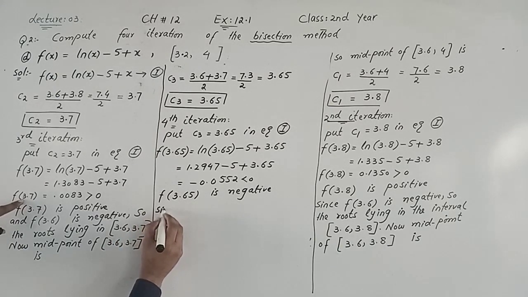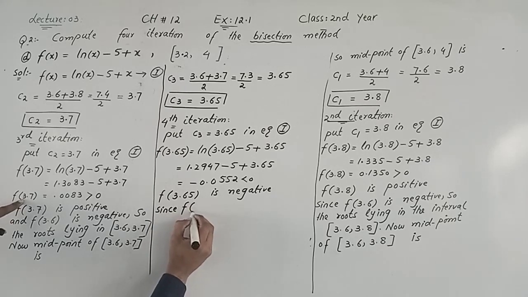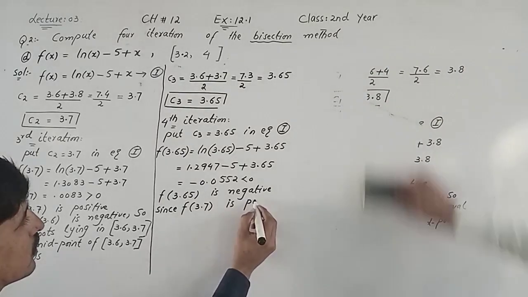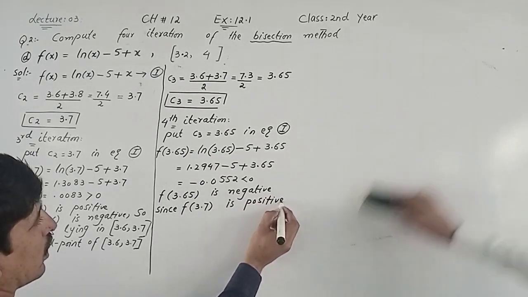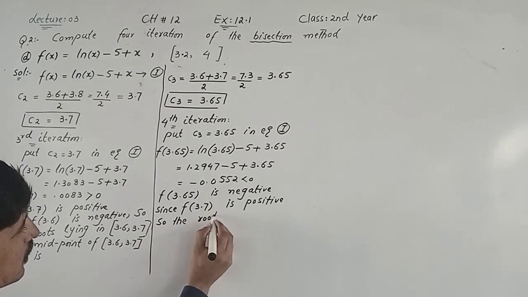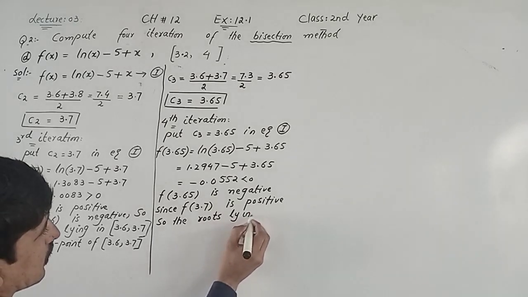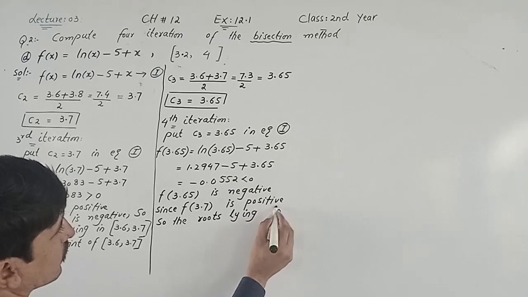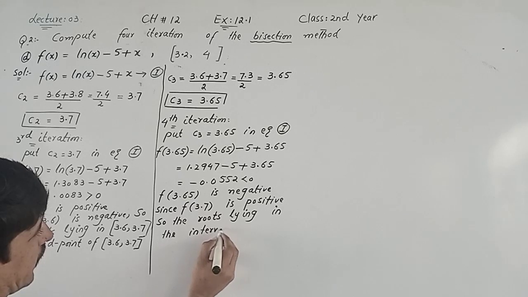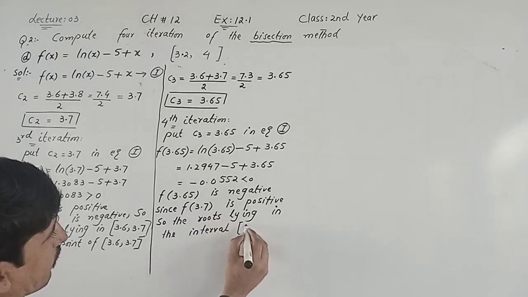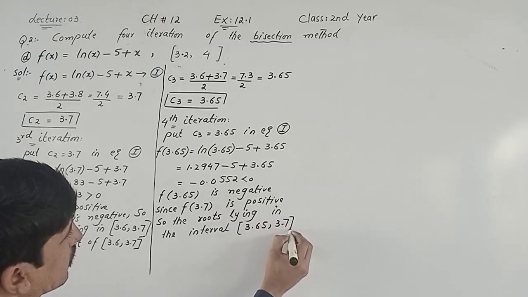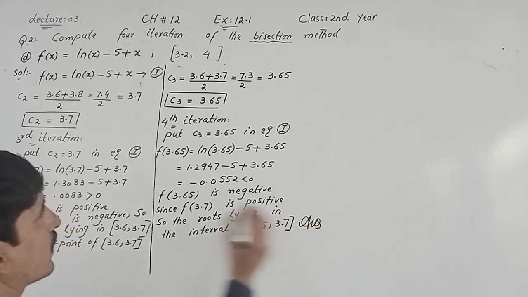Also since f(3.7) is positive, so the root lies in the interval 3.65, 3.7 और ये इक्वेशन यहाँ पे खत्म हो।